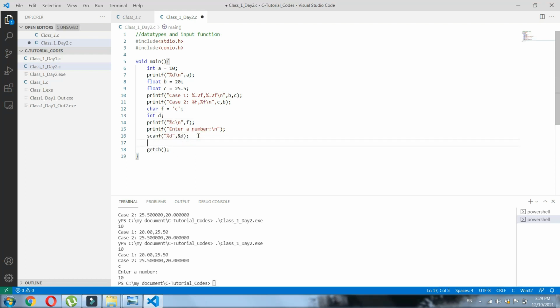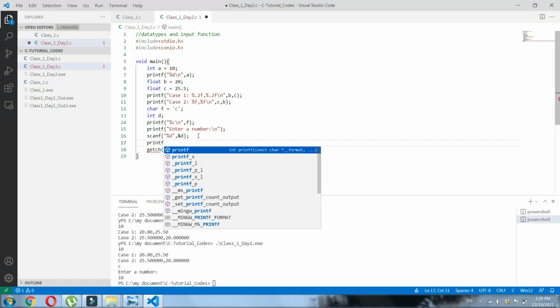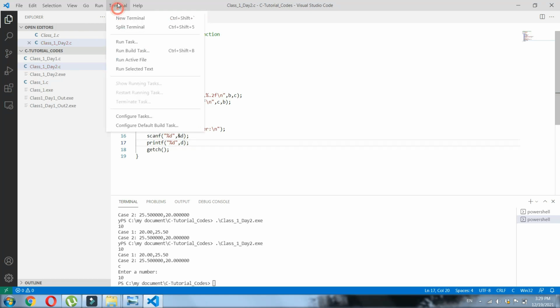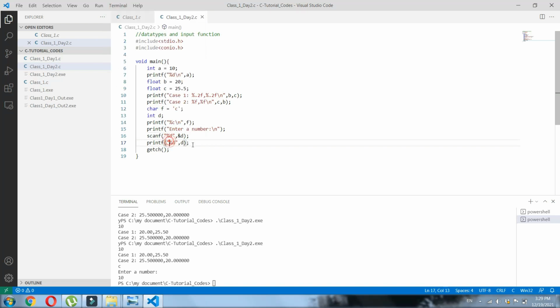Now let's print the same variable, printf %d, comma d. Okay, fine. Let's keep the semicolon, close the bracket, save the program. Now, if needed, we can also add text like, this is the value you have entered.